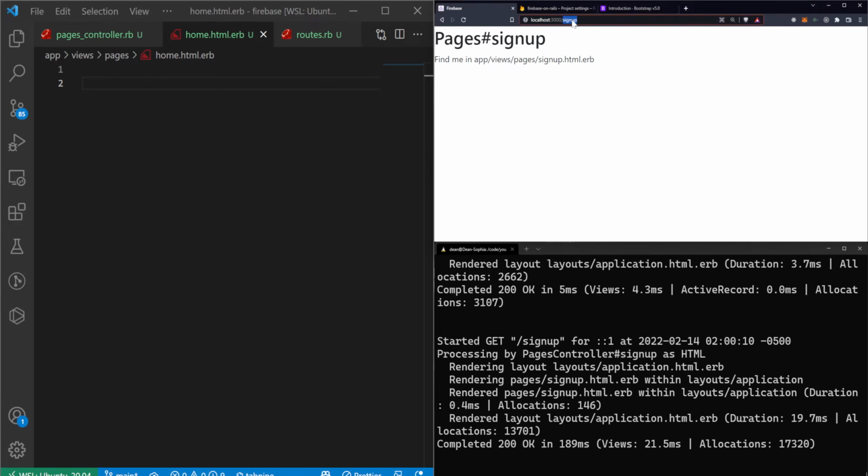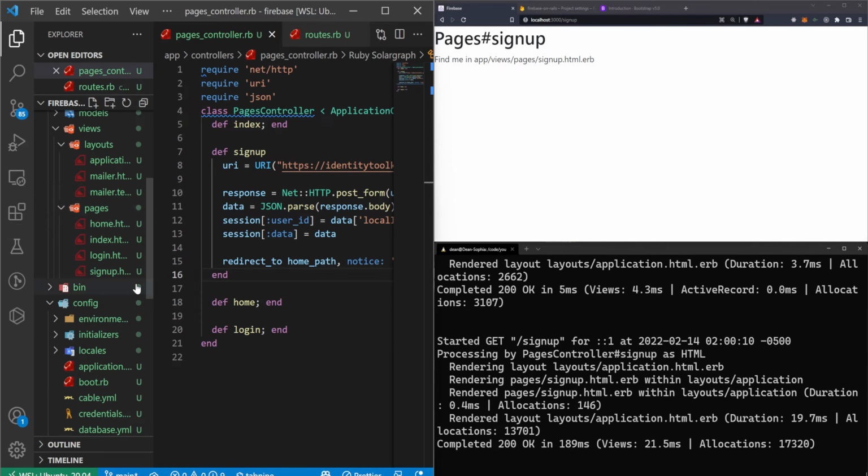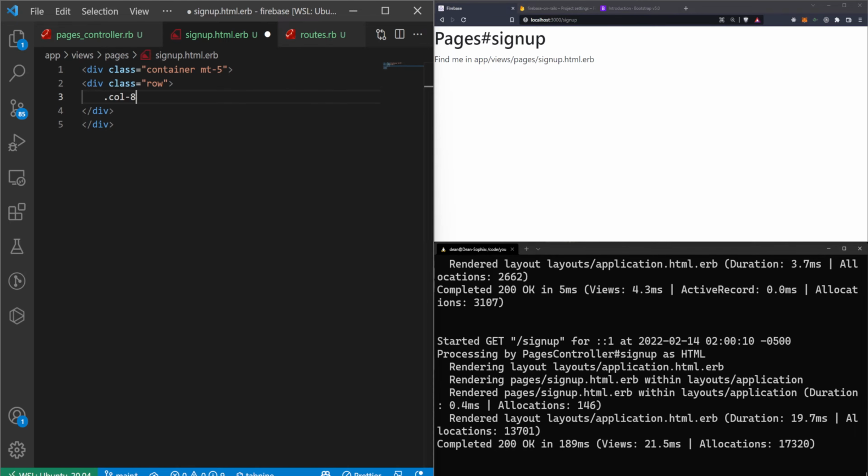Actually, yeah, so let's come over to, I had this confused. Let's go to our pages sign up page. That would make a lot more sense. And in here, we want to start by creating a container, and we're going to give this a margin top -5. Then we're going to do a row. Then we're going to do a .col-8